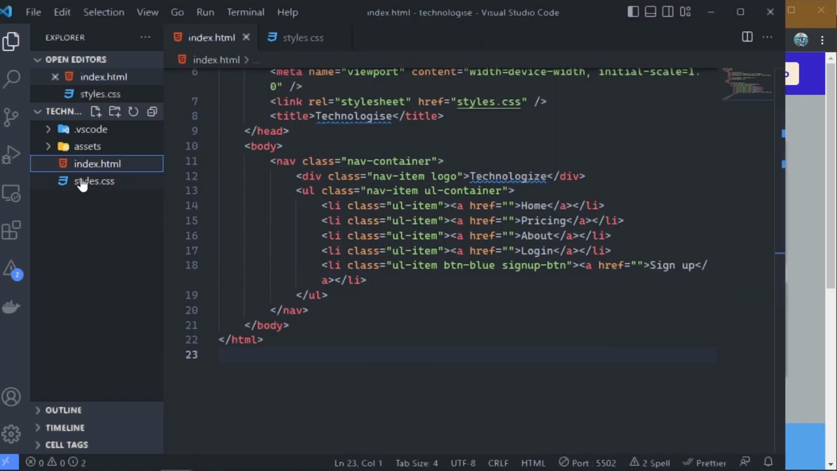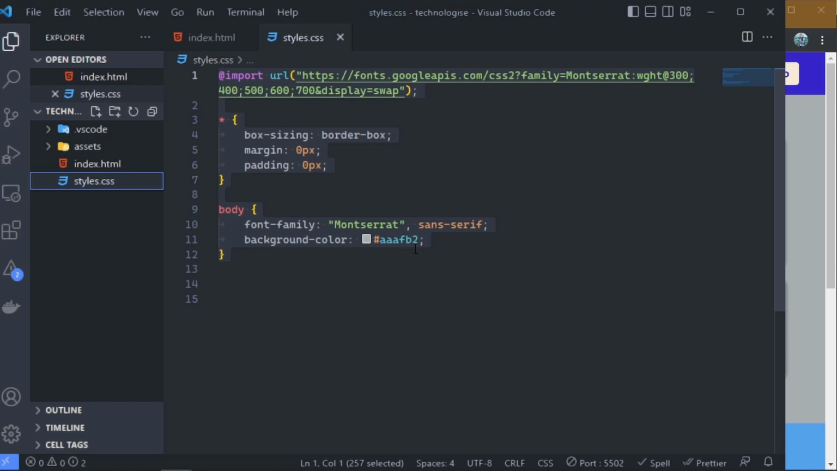So let's just head to our styles.css, and I just quickly pasted this code here. You notice here that I'm just importing some Google font, and the name of this font here is Montserrat with different weights. So I've just imported this font from Google Fonts. And the next thing we have now is the